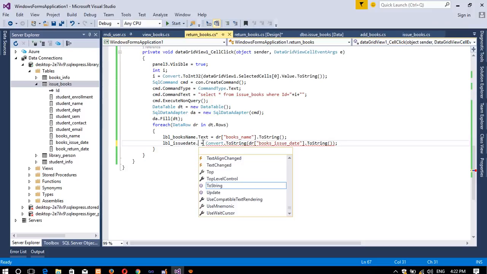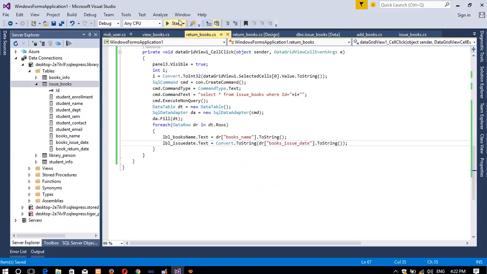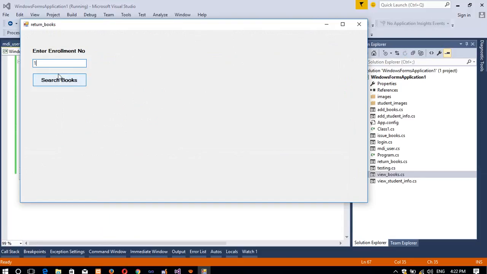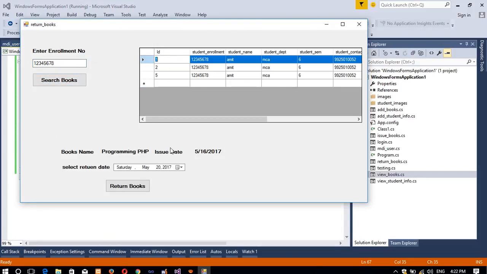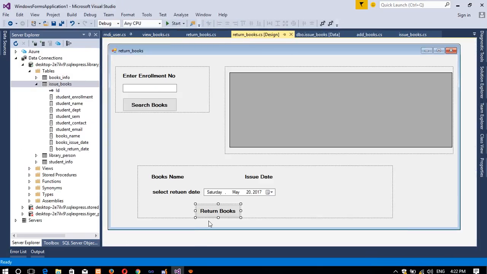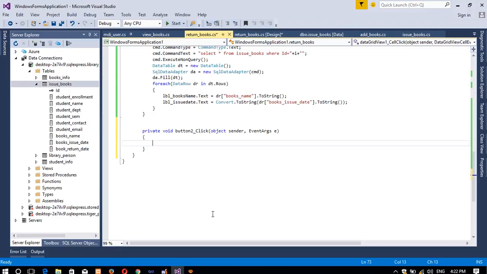Oh yeah, dot text. Now 1 2 3 4 5 6 7 8 search book. Click here and you can see here we get book name, issue date, and now we have to select this, and when we click return book, at that time we need to do one coding, so we are going to perform that. In return book,